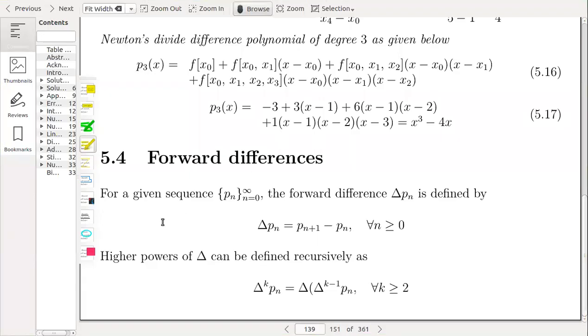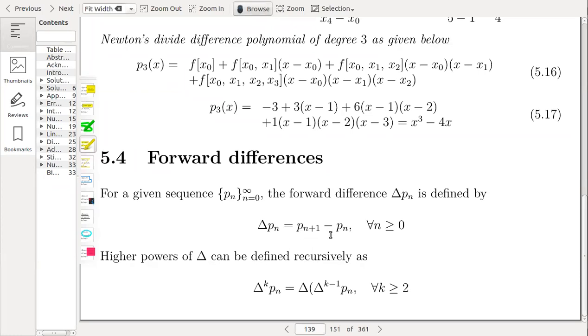Forward differences for a given sequence Pn, n equal to 0 to infinity. The forward difference, denoted as delta Pn, is defined by delta Pn is equal to Pn plus 1 minus Pn for all n greater than or equal to 0. So this sequence can be imagined as the sequence of roots. If Pn plus 1 is the improved root and Pn is the previous root, so we can say that